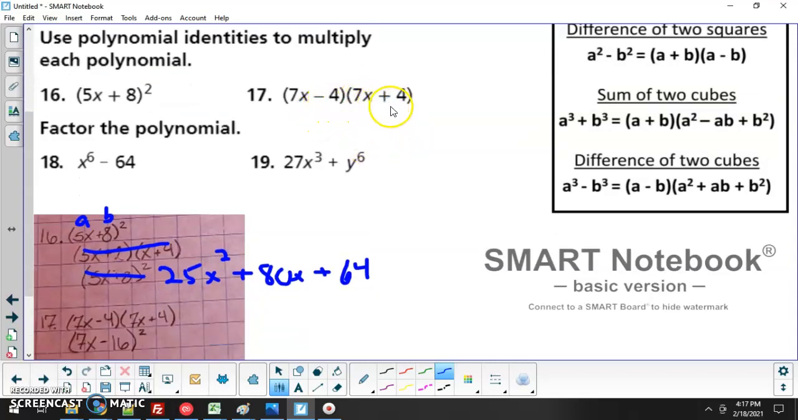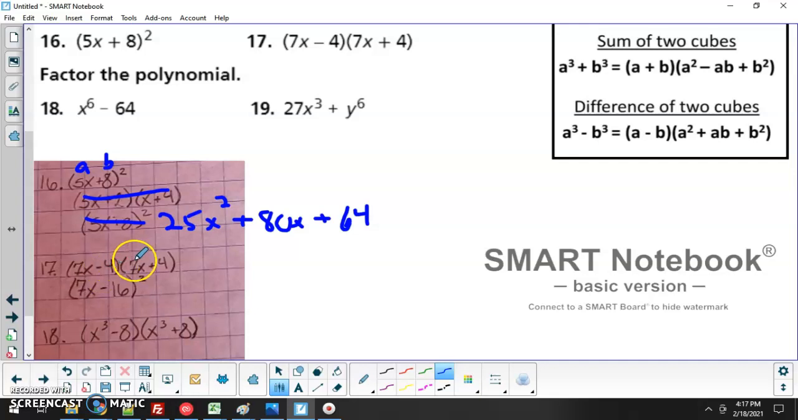7x minus 4 times 7x plus 4. You see, here the signs are different. All right? And so you can't just write it like this because if you FOIL it out, if you multiply all this out, you won't get 7x, you'll get 49x squared. So you're basically supposed to multiply this out and FOIL it. But in this particular one, since the signs are different, when you do the outside and inside, they'll cancel each other out. And so you can just really do